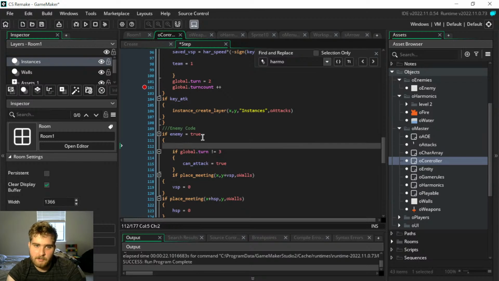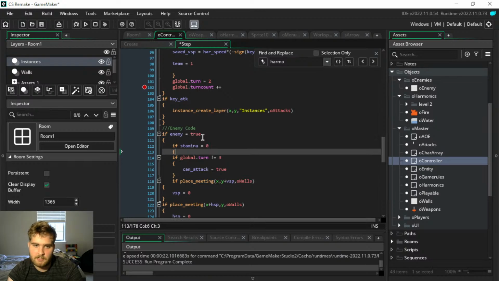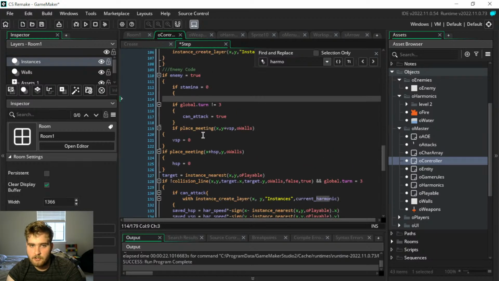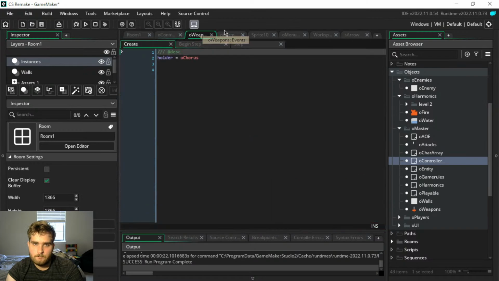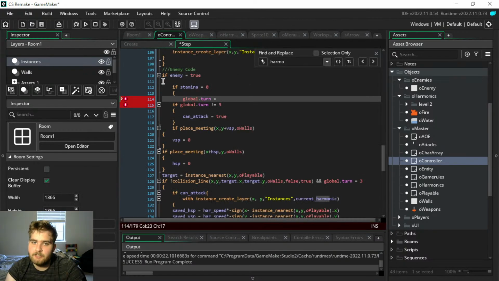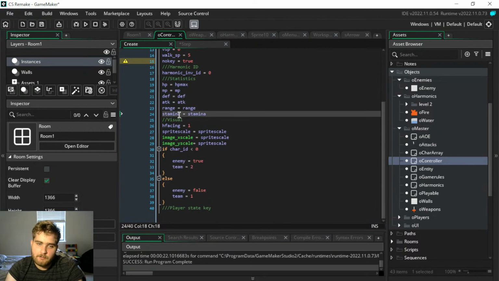Then we're also going to do if stamina is 0, then it's also going to change the turn. So it will be 0, turn equals... wait, actually, let me do one thing. I forgot we have, okay, stamina equals